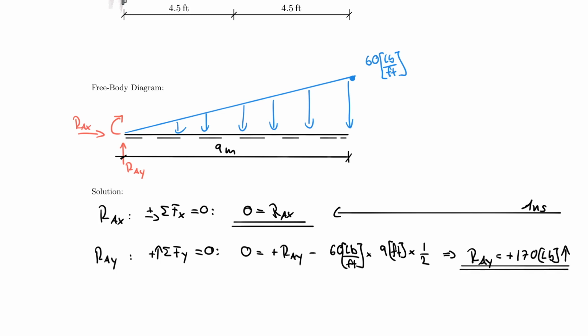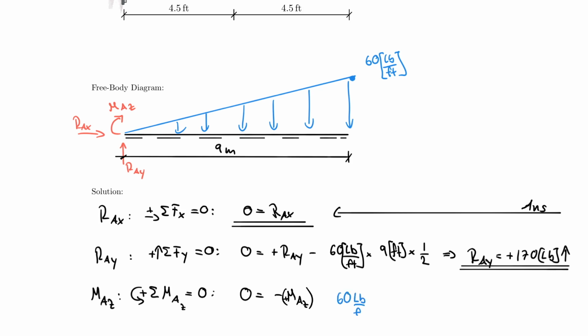Now, last but not least, we need to include our MA, and I probably should identify this here, MA about the z-axis. So I'm going to calculate that next. MA about the z-axis is really calculated by the sum of the moments about A being equal to 0. By the way, it's also about the z-axis. And 0 is equal to, in this case, minus MA, because I assumed it to be clockwise, minus MA about the z-axis, or again, as I sometimes like to do it, minus plus, and then the 60 pounds